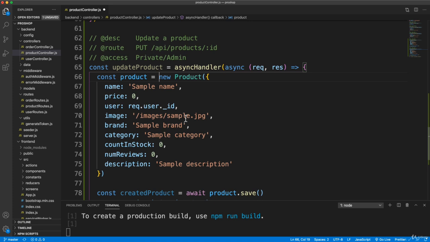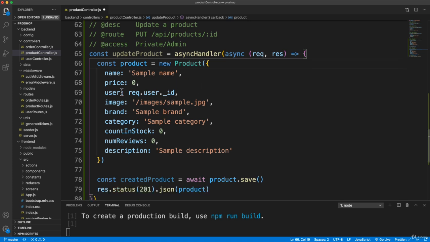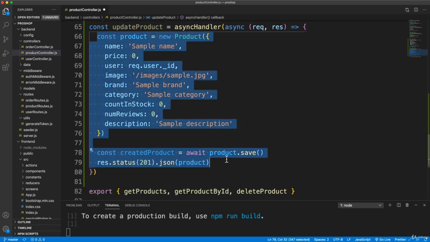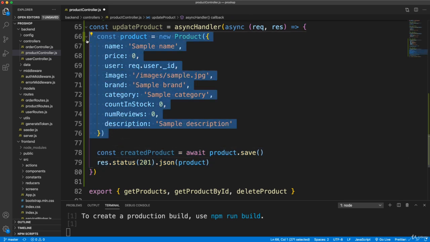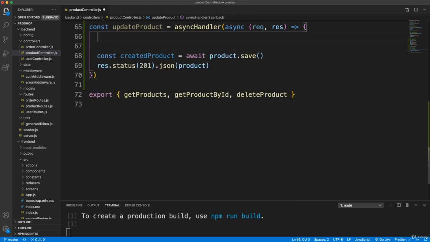And then what I want to do is get a bunch of data from the body. I'm actually going to just get rid of all this. Actually, we can keep that down at the bottom, but let's get from the body